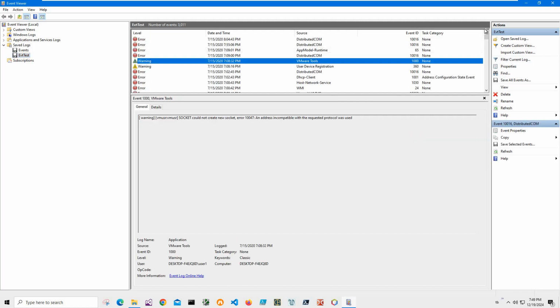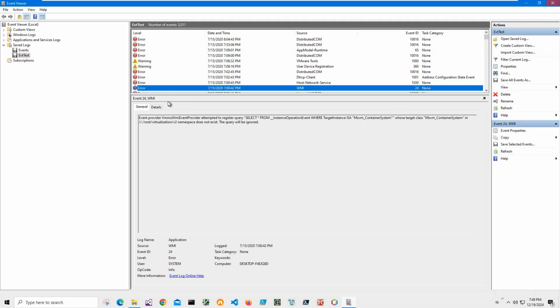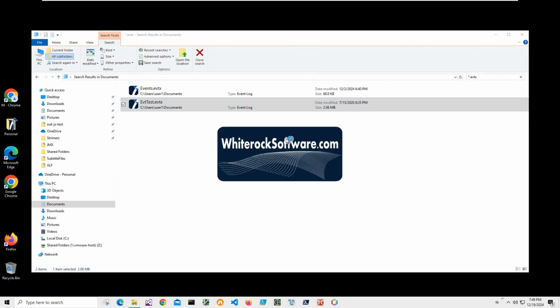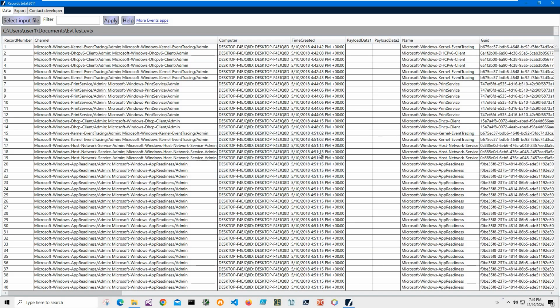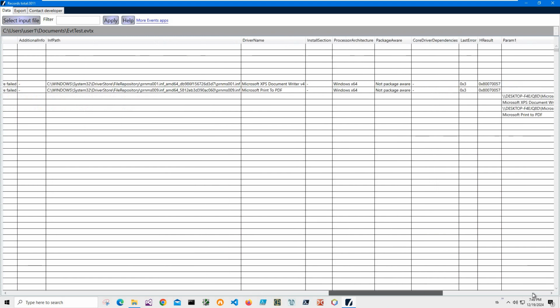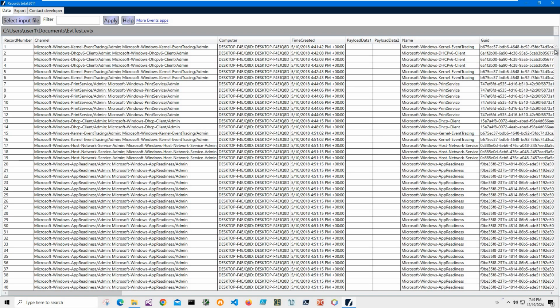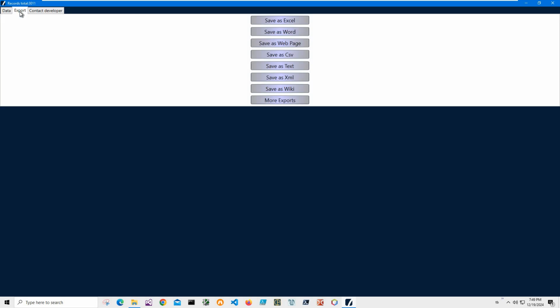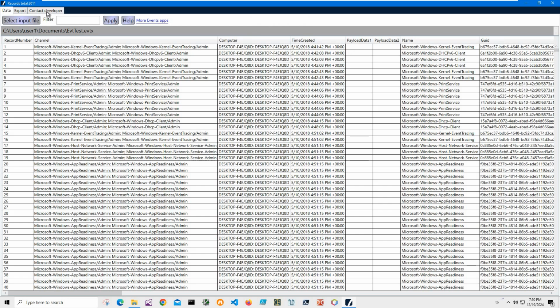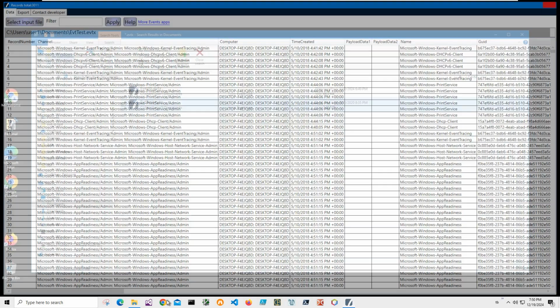Or I can view events one by one, or I can double click on it. I have an Evtx viewer. It's a free app. It's showing what's inside of Evtx. It's kind of in table form, allowing me to see what's inside of Evtx, filter data or export into different formats. I will be exporting this file, which contains over 3000 events, into a JSON file